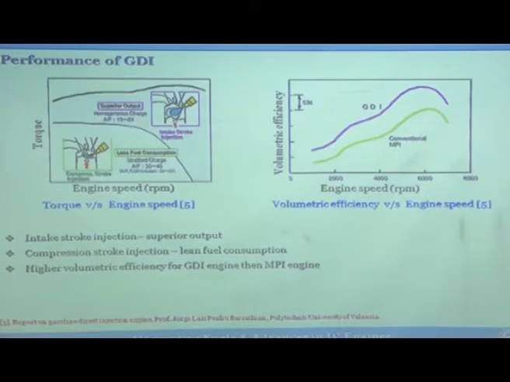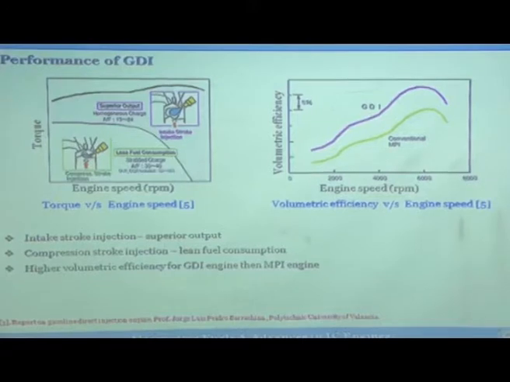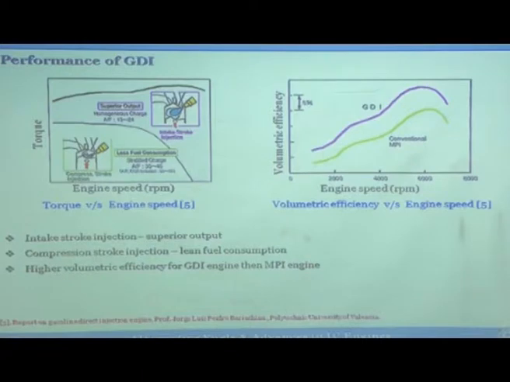Why does it happen? What is volumetric efficiency? Volumetric efficiency is the amount of air taken in divided by the theoretically possible air taken in, or the mass of the air in the swept volume. Obviously, this is low here because you are doing it very fast, you are not able to charge it to the desired pressure.